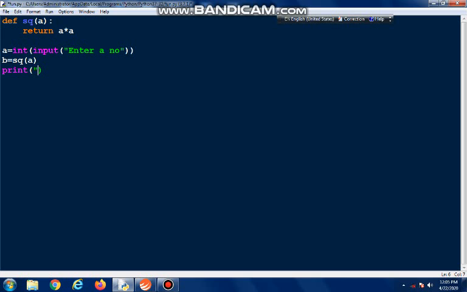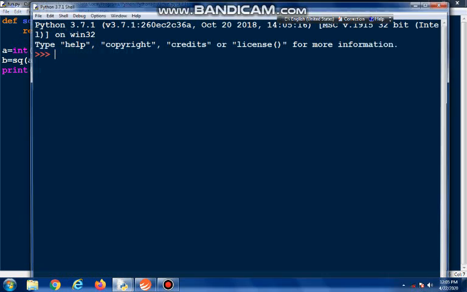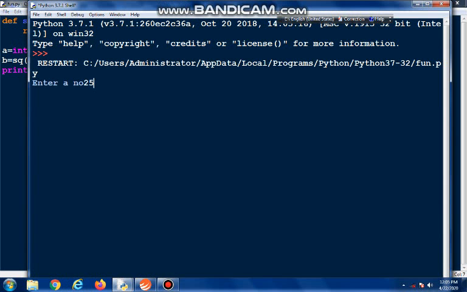So what changes we have done is, we are calling the function, passing the value of a, and whatever this function is returning, that value is being saved in b, and now I will print the value of b here. I will say supposing 25. So the answer is the square again.